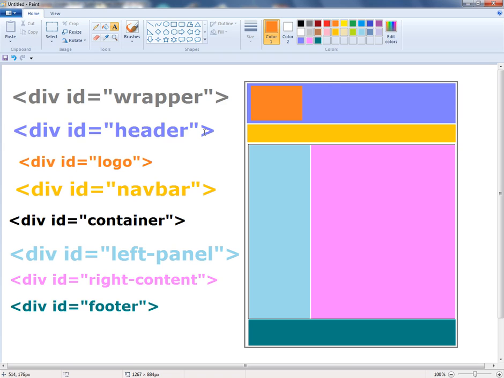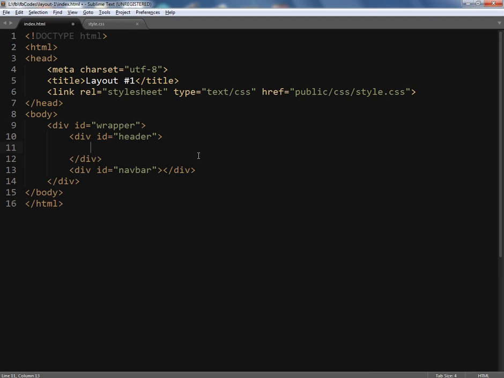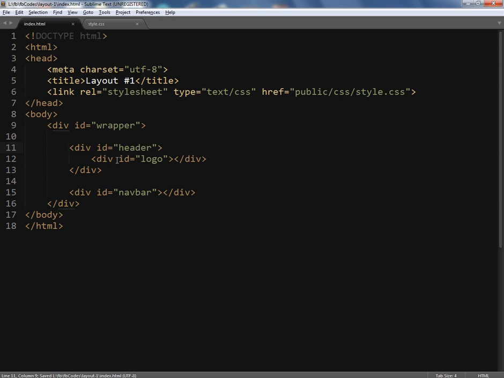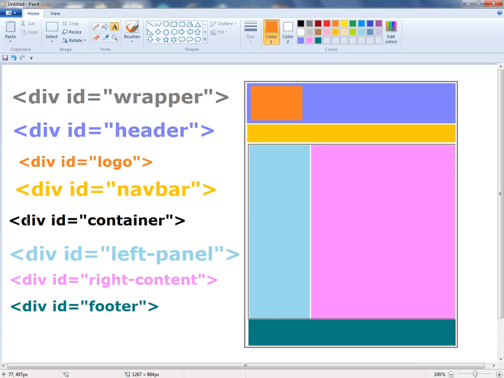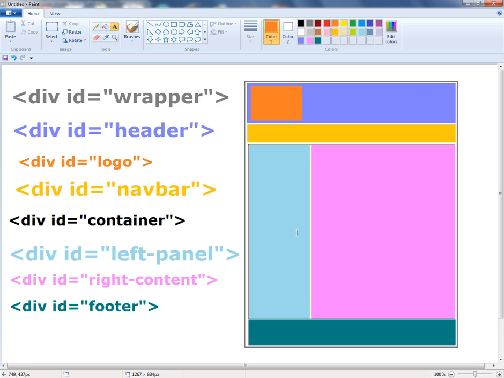Okay, so the header is what's containing the logo. So now I'm gonna go back and expand the header tag, and in between the header I'm gonna put my logo ID, which is gonna be logo. Okay, perfect. This is header, this is navbar, and right underneath the navbar I have to make another container, and this time it's gonna be ID container, and this container will be containing two of the other elements,